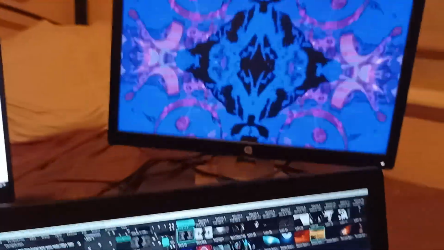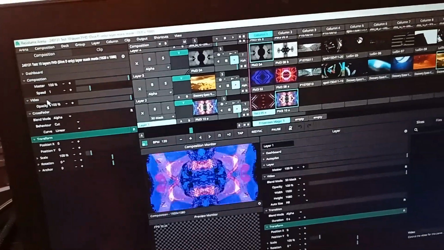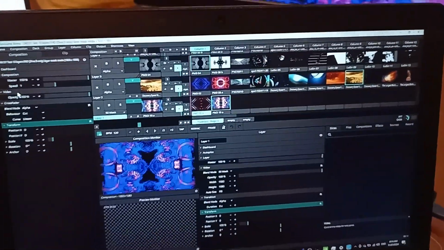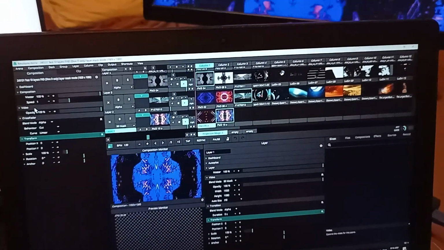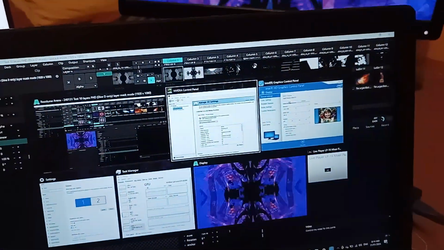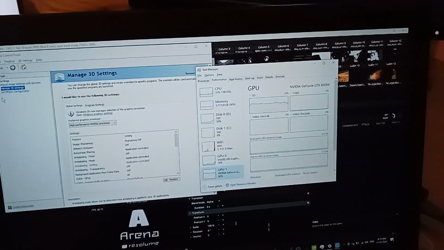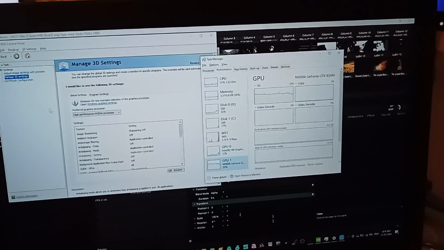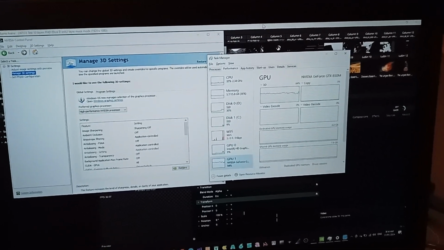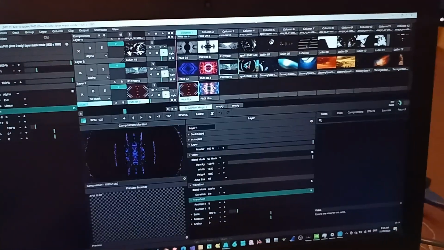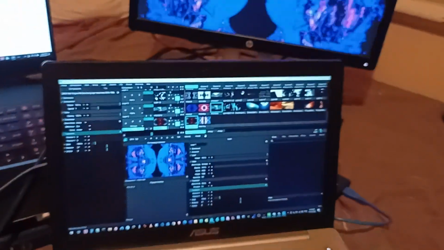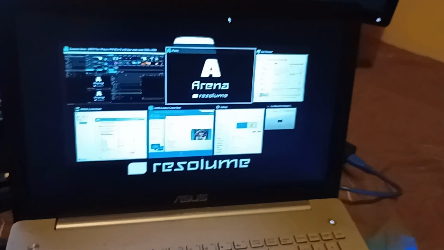And with the output running full screen, it's a 1920 by 1080 composition. Both the internal monitor and the external monitor are 1920 by 1080 resolution, and everything's running at 60 Hertz refresh rate. So, as I mentioned, the task manager very clearly shows that GPU 1, which is the GeForce GTX, is heavily loaded. And if I just change the output to be the internal screen,